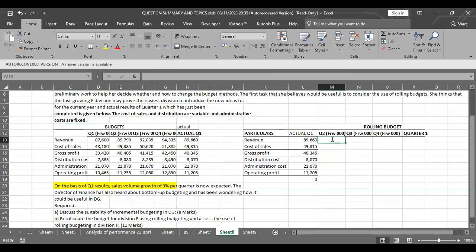So the rest is just to develop the formula. I will insert the formula later on, but the formula is to factor in the growth. Before I send it, I'll insert the formulation later. You will have this and you subject it to growth. Now remember, 3%: you have to check, is it per quarter? If it's per year, you need to divide and proportion it to a quarter. But the good thing is this 3% is per quarter, so if I multiply, it changes per quarter. Cost of sales will go through the same.